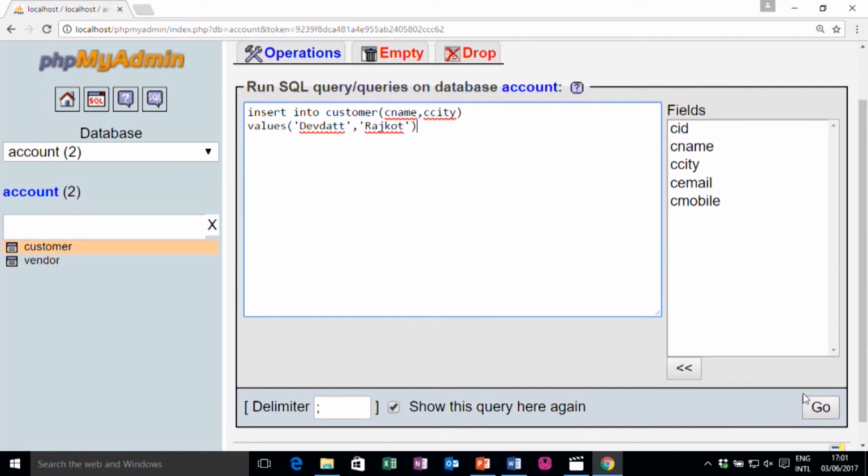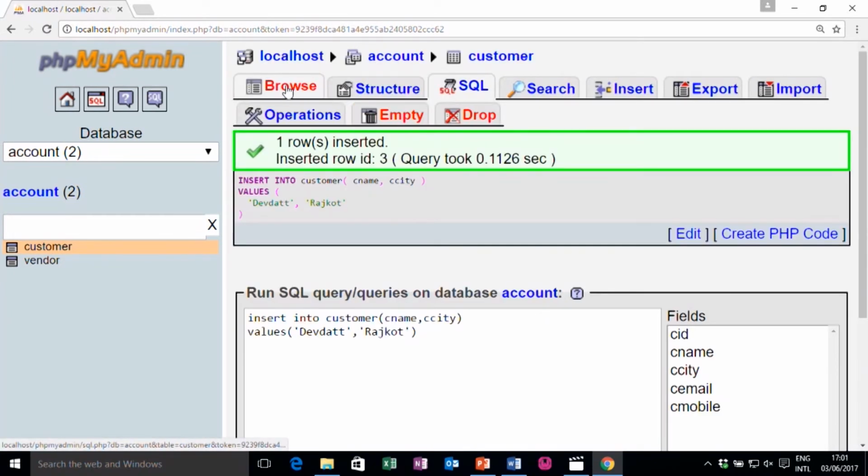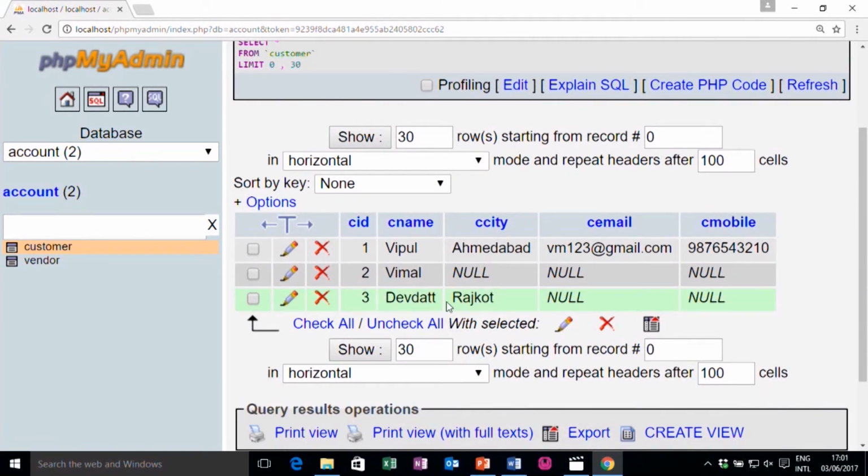It is my third record, and as I defined CID as an auto increment column, if you look here, it will take the value 3. Here I did not provide any default.